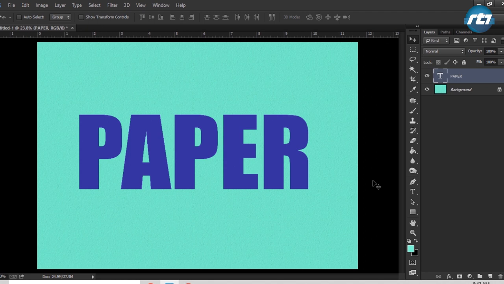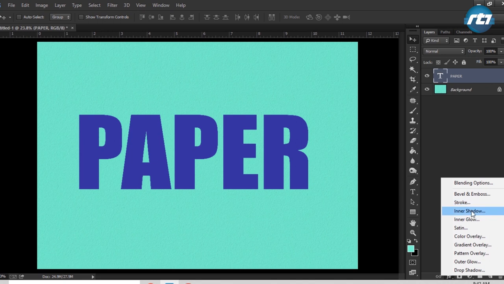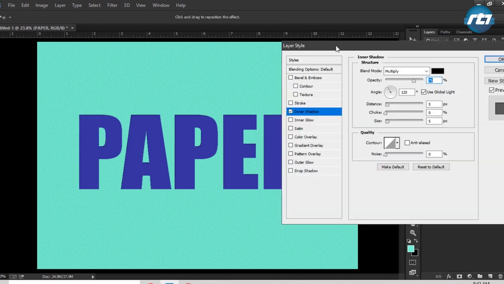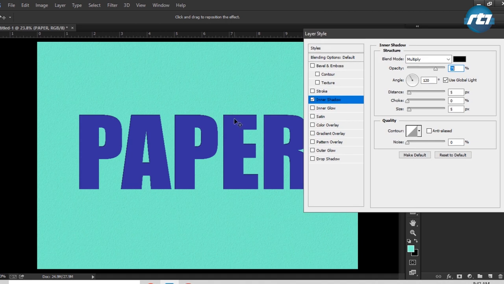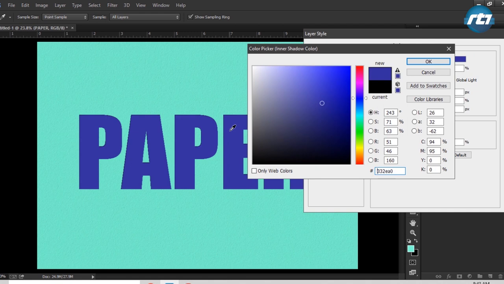Now whatever effects we'll be applying on this paper text, the first effect we'll be applying is the inner shadow. So we'll go to effects and select Inner Shadow. As soon as Inner Shadow is selected, you can already see some effects here. Blend mode I will give it Multiply, and I can change the color of the shadow, so I prefer keeping it similar to the text but in a darker shade. Okay,